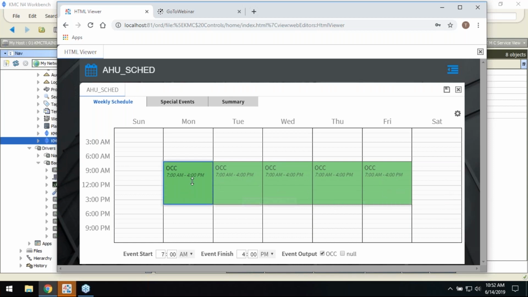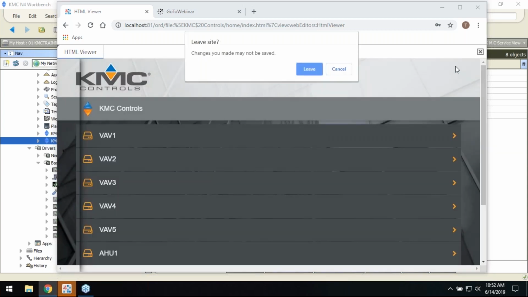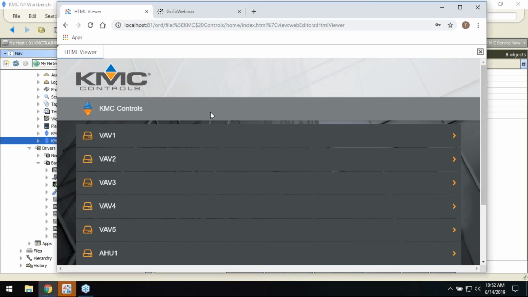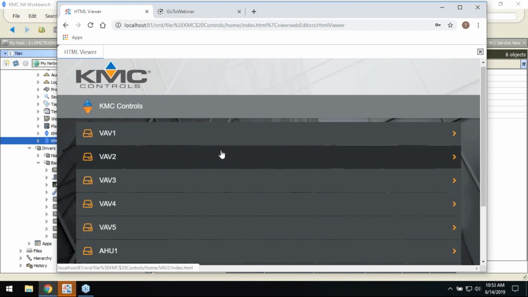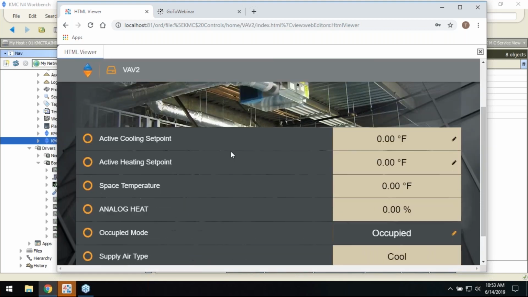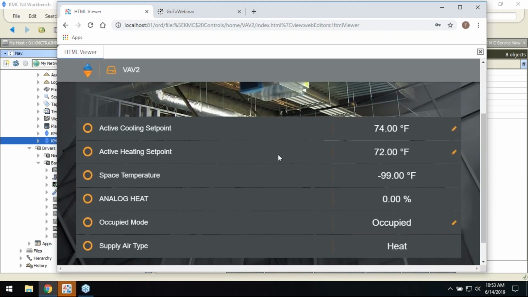And whatever I change here will get pushed down to the controller. So the time pair, 7 a.m. to 4 p.m., would get pushed down into the controller. So that's a real quick way of making graphics. If you've got a whole building full of controllers, you can make graphics like this in just a matter of a few minutes. So I think even with me talking, it didn't even take hardly 20-25 minutes to make